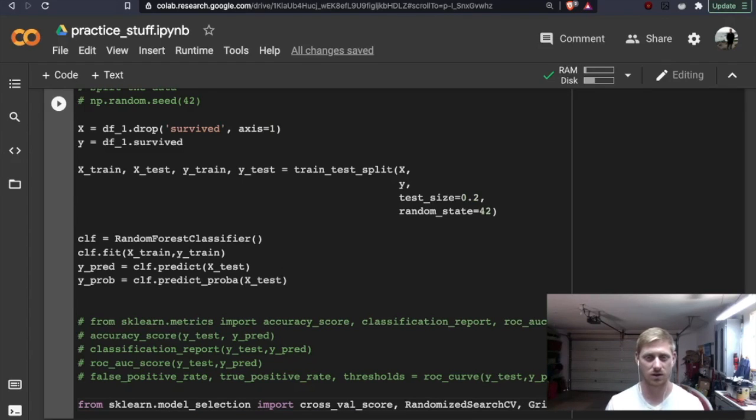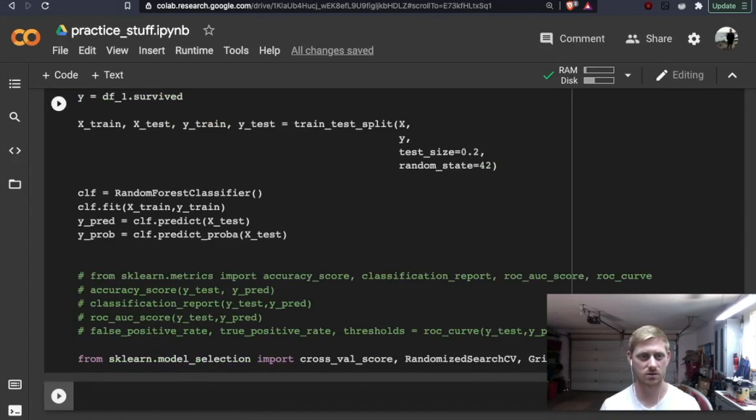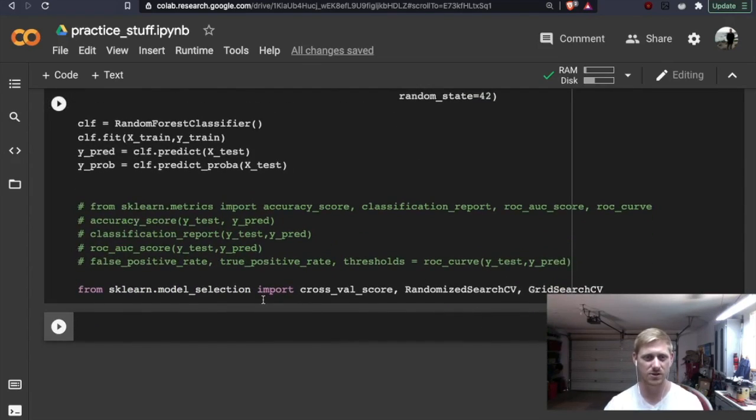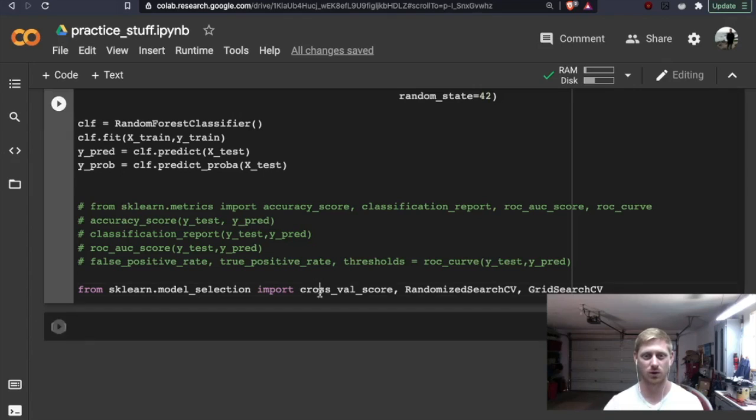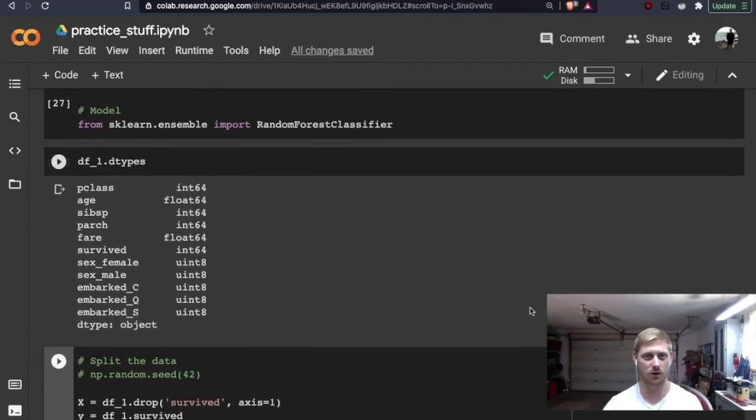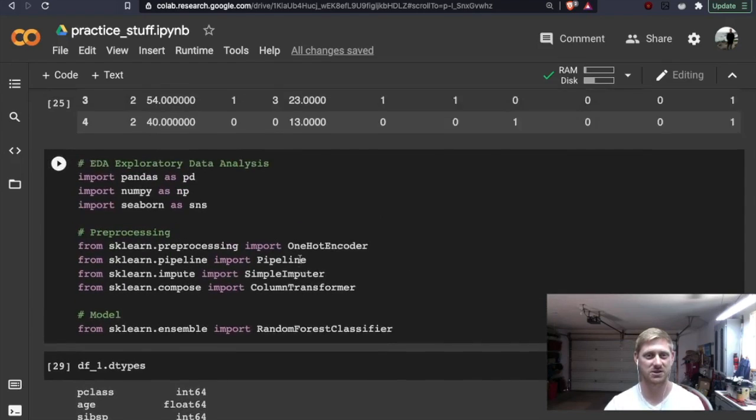And let's run it, and then we'll go ahead and move on to our results. Okay, cool, so no errors. So from model selection we import cross_val_score, RandomizedSearchCV, GridSearchCV, as well as our train_test_split,